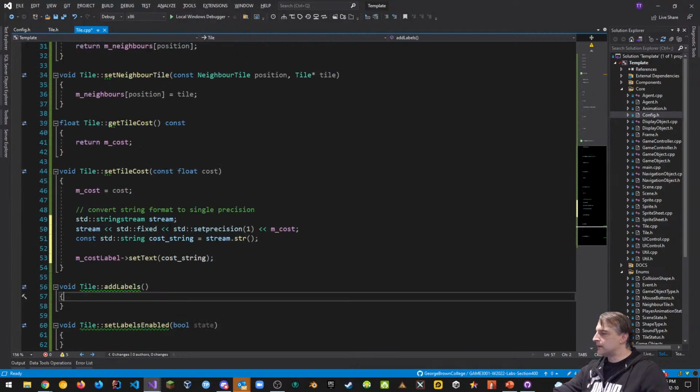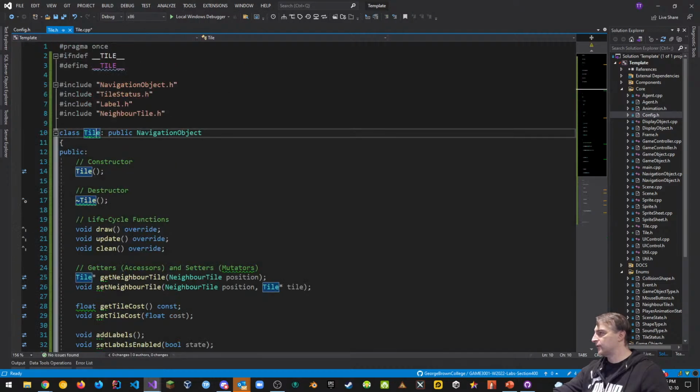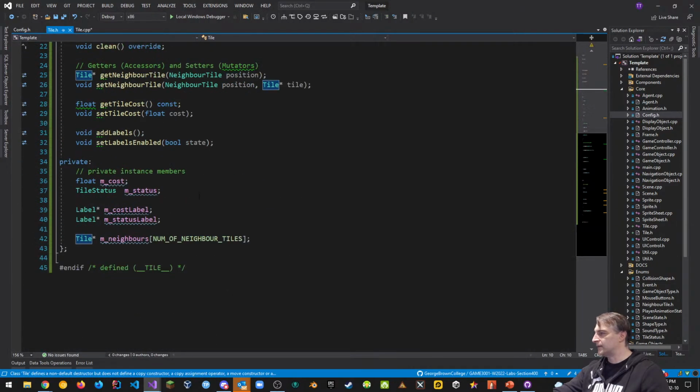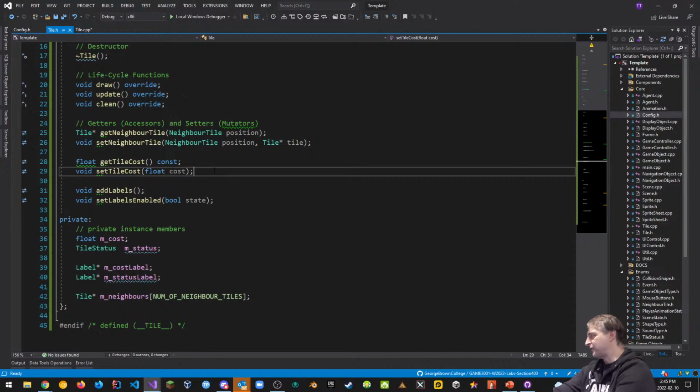And did I miss something? I think I missed some stuff. I didn't do tile status, and I didn't get and set tile status. So let's do those two as well. So that's something we missed. We got tile cost and labels, but we didn't use tile status. Let's add those in. And I noticed it because I was like, wait. We should have tile status too. So let's add those into the